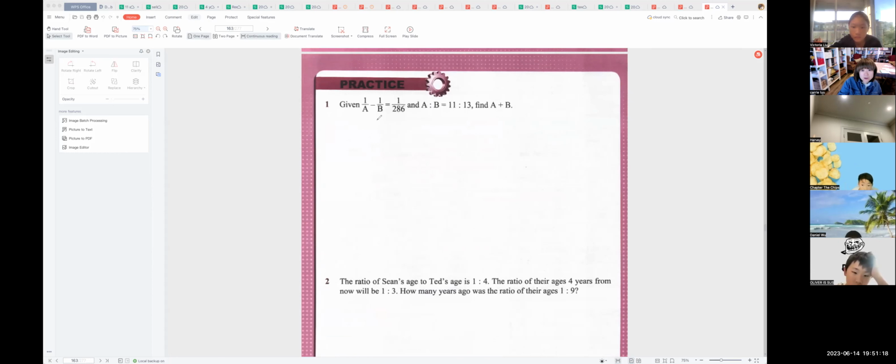This question is easy. 1/A minus 1/B equals 1/286, and A to B equals 11 to 13. So find A plus B equals what? 这道很简单啊。